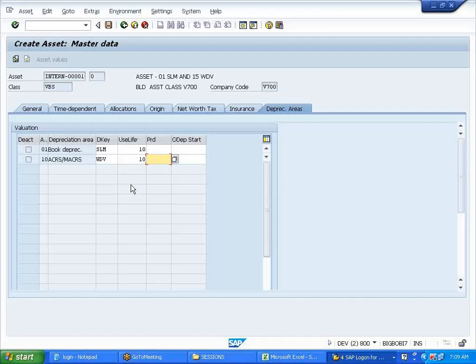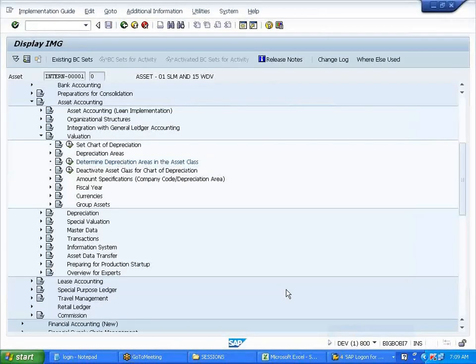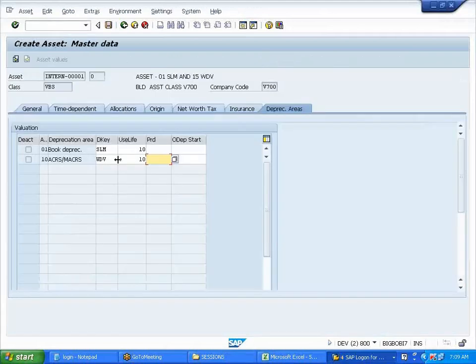You defined it, right? Already? Yes, we have defined it, but we have assigned it to the asset class. Remember with the screen layout we have assigned it just now, right? Yes. Here, just now determine depreciation areas in the asset class. Now if you want to overwrite this, you can overwrite here. If you want to change this, you can change it over here.